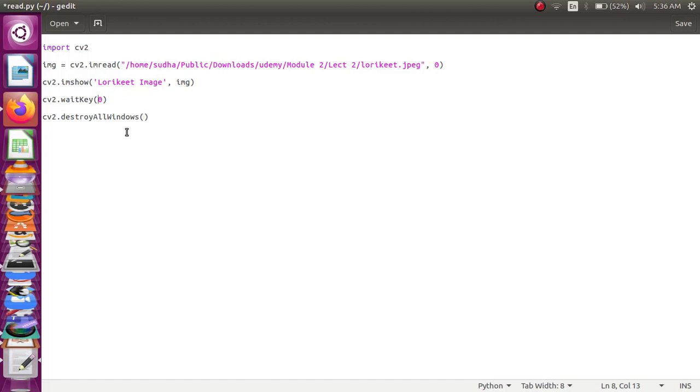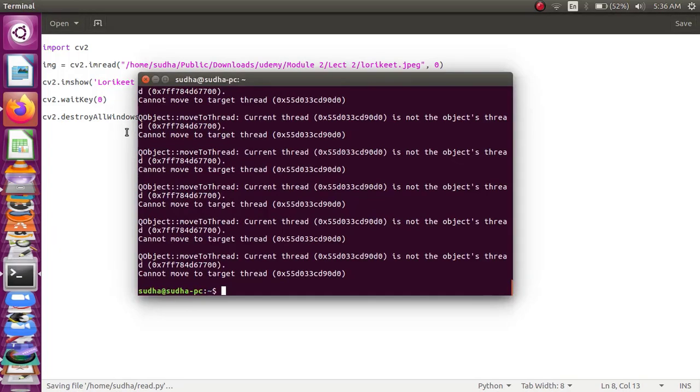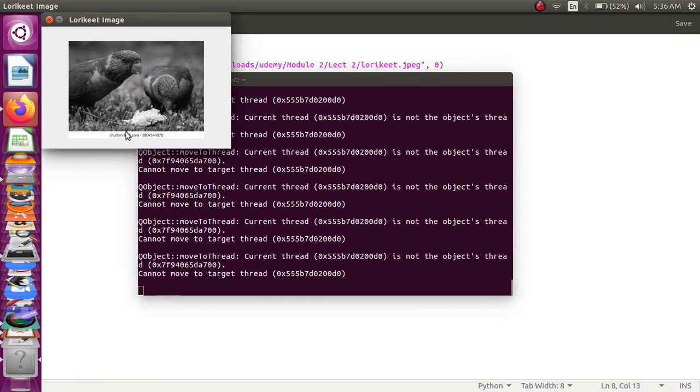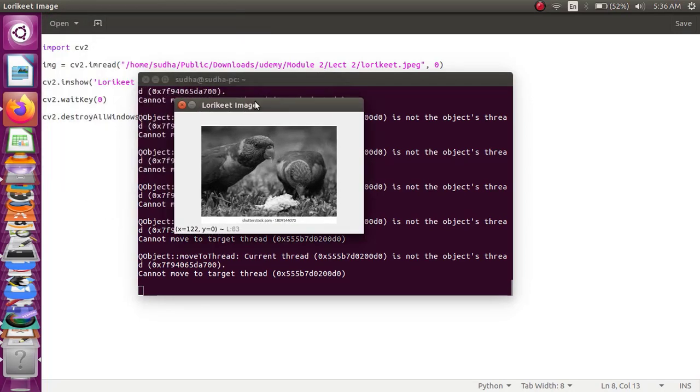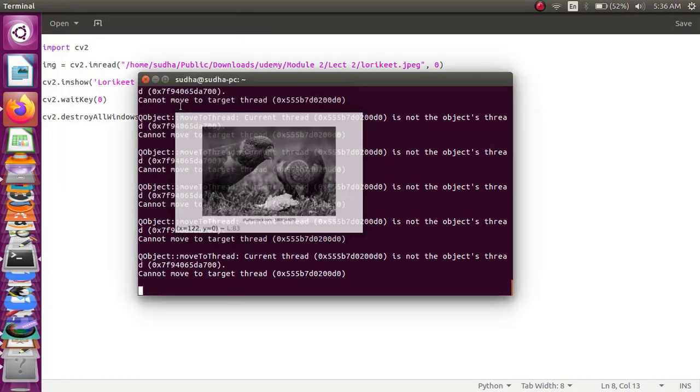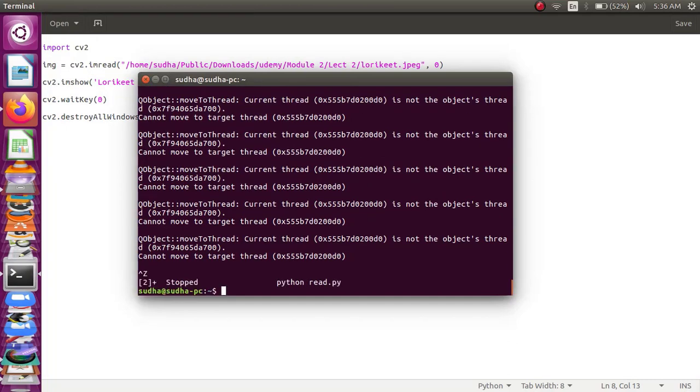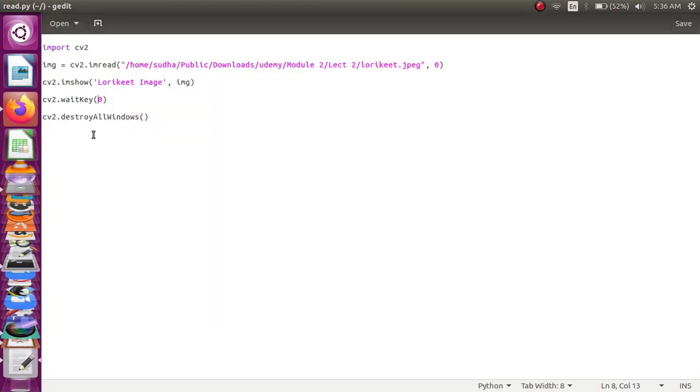So let's try that also. Here I am giving the command python read.py, where I am reading the file in grayscale mode. Now I am waiting for more than 5 seconds, but my window is still not closed, which means I have to close the window manually. So I have closed the window. This is how waitKey works.